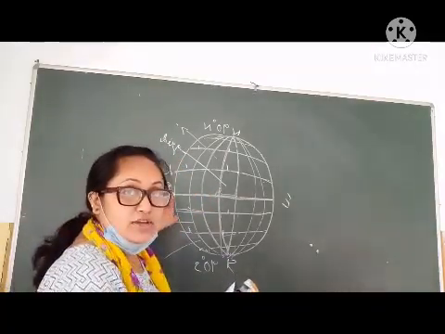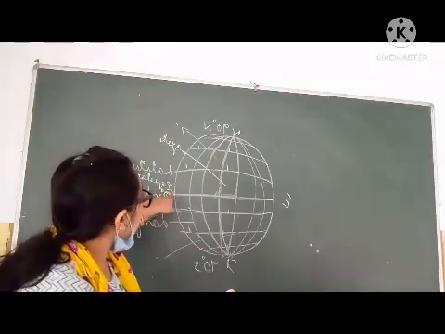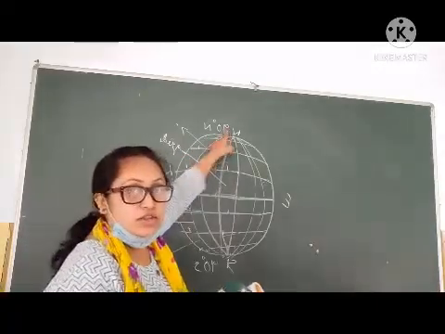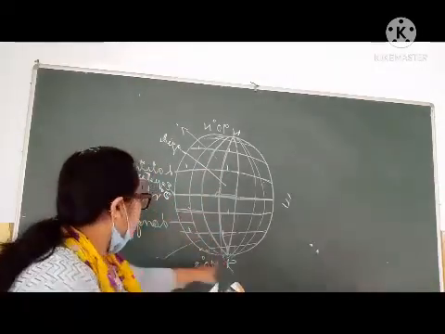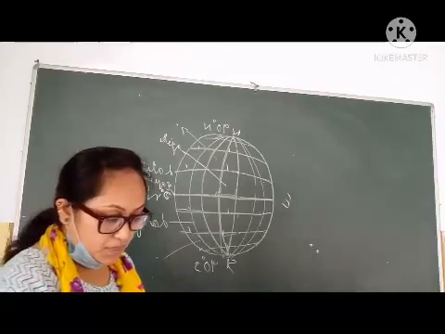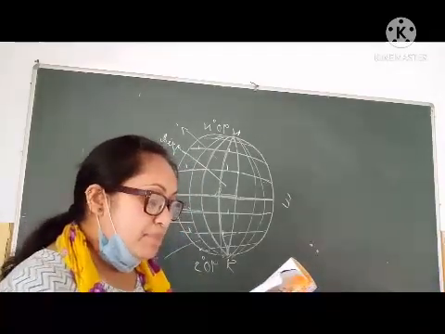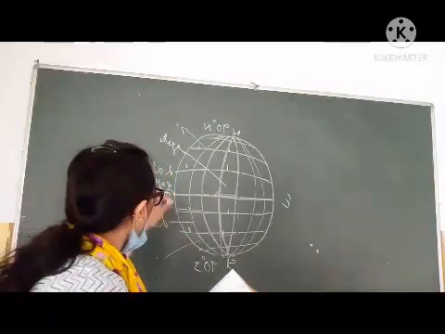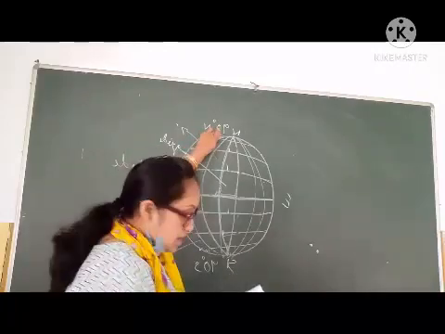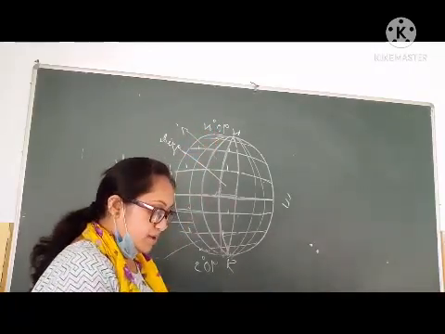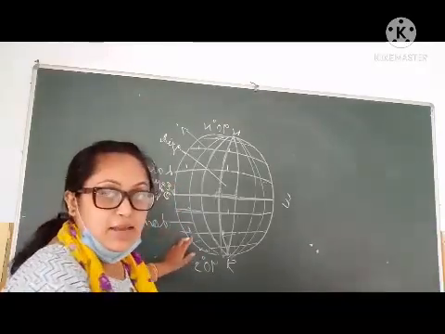As you know, 0 degree is the equator. So from here 1, 2, 3, 4. So 1 to 90 degrees up to the north and 1 to 90 degrees to the south. It will go downwards. The 1 degree parallel is the closest to the equator, and the 90 degree parallel is farthest from the equator. It is the same way in the southern hemisphere.